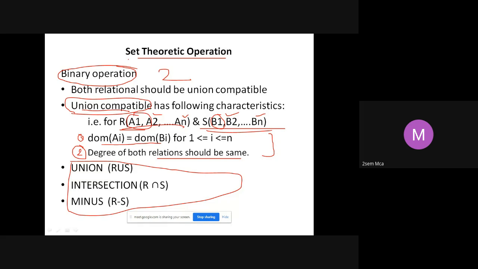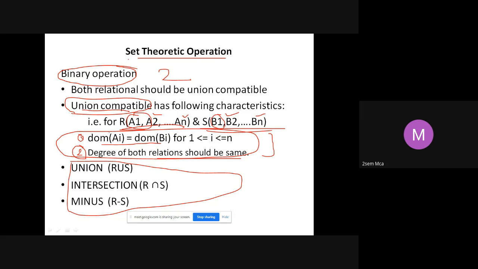Union compatible is different from your union operation, so don't get confused. Only when the two tables are union compatible can you apply any of the set operations on them. What do we mean by union compatibility? Union compatibility between the two tables means the two tables should satisfy two important conditions.